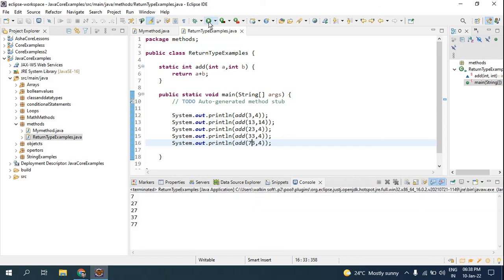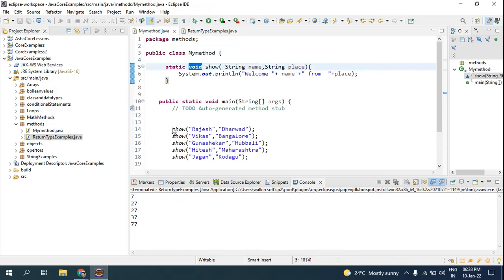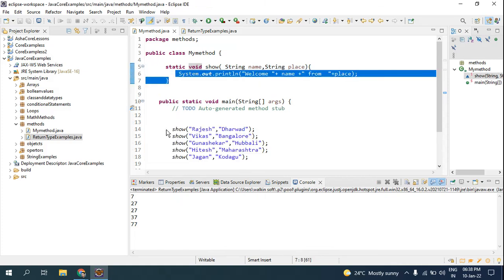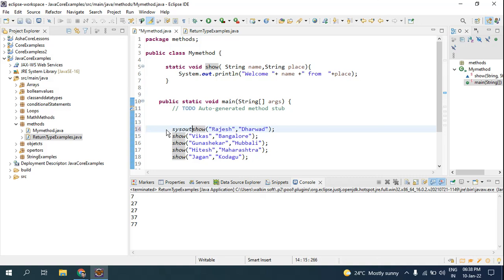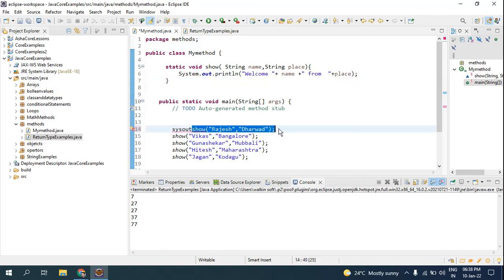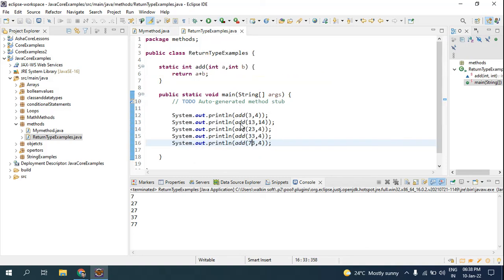you might ask me one question: here I have not used the System.out.println, so I am directly invoking it. I have the System.out.println here, so if I have to print it, I have to print it out here. If I don't have my print statement here, I have to use it here, so I'll be calling this function inside the main method. That's what I'm doing here. I'm invoking the function, and after it gets invoked, I'm printing out the value. So 3 plus 4 is 7, 13 plus 14 is 27, 23 plus 4 is 27, 33 plus 4 is 37, 73 plus 4